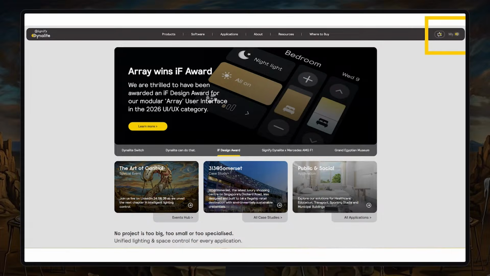Now, for setting up the user for the account, even if they're not using remote connectivity, the project file is in the cloud. They need to be able to load the file onto their device, which means that they need to have a My Dynalite